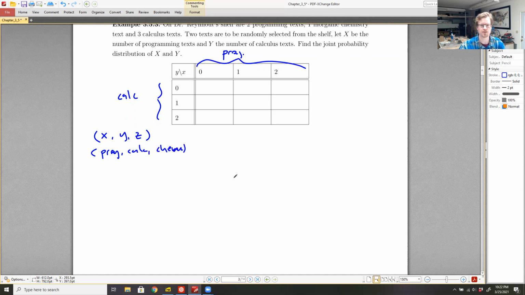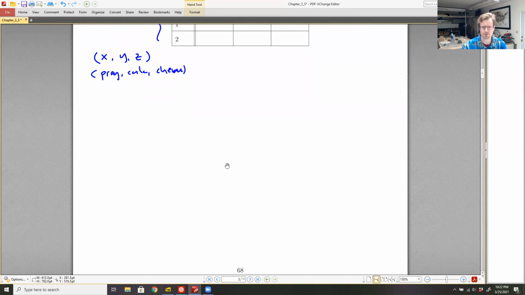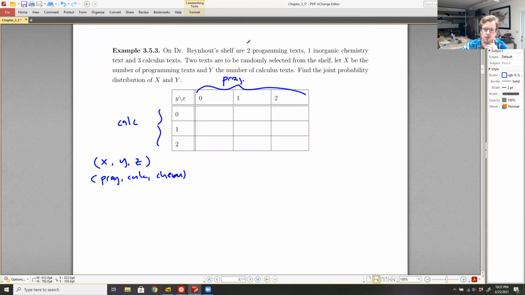How many of each of those did I obtain? And there's only a few possibilities for this, right? While there's 2 programming texts, 1 inorganic chemistry, and 3 calculus, that means I have 3 possible values here, 2 possible values here, and 4 possible values there, right? Because I could get 0. So 0, 1, or 2 programming texts, 0 or 1 inorganic chemistry, 0, 1, 2, 3, or 4 calculus text,